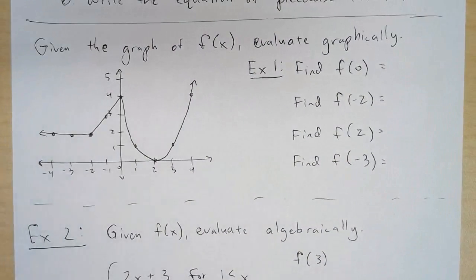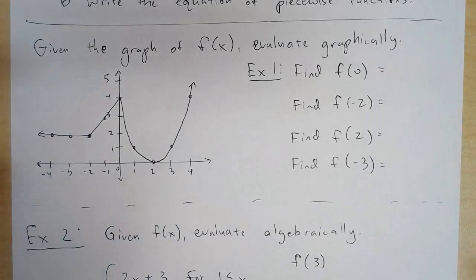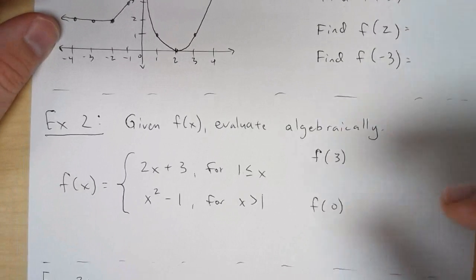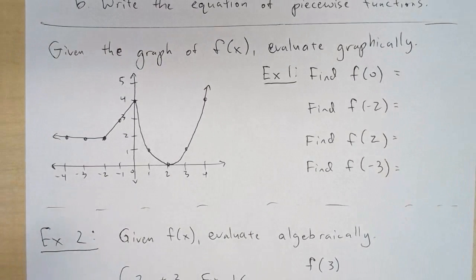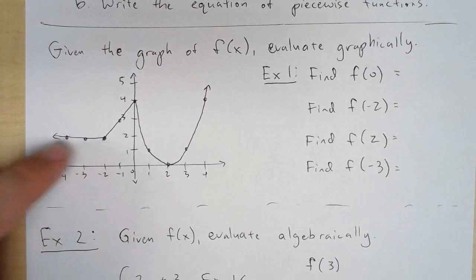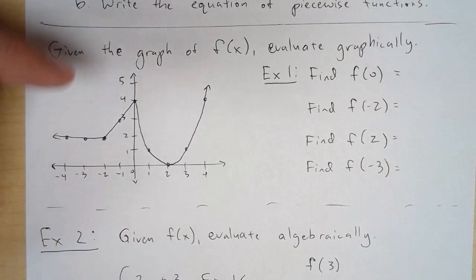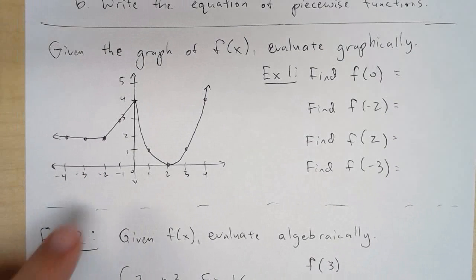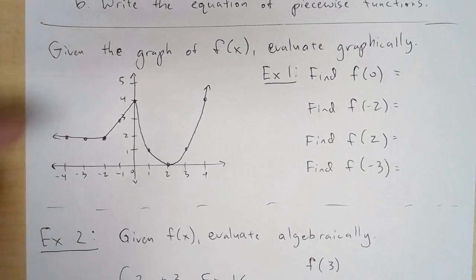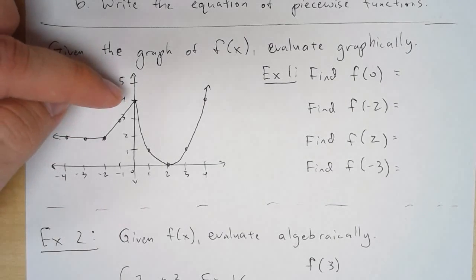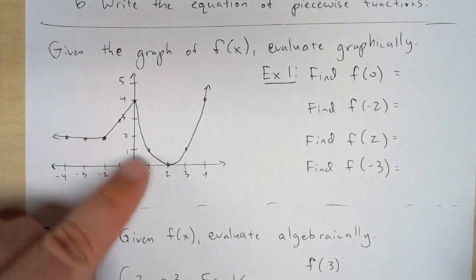Alright, so first let's take care of A, which is evaluate graphically, which says off a graph, and algebraically, which says using algebra. So if we have a graph, it looks like this piecewise graph has three different pieces. We've got a horizontal piece from -2 to the left, so less than -2. We've got an interval from -2 is less than or equal to x is less than or equal to 0 for our domain. For this slanted up portion, this linear portion,